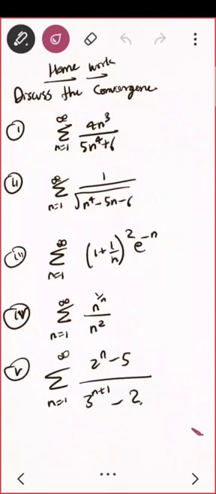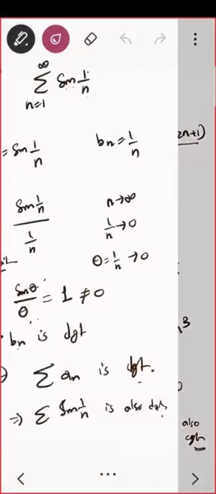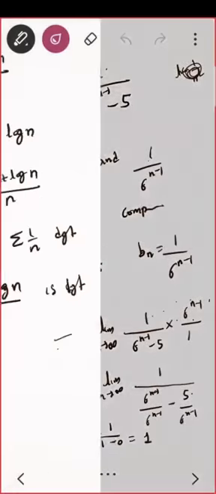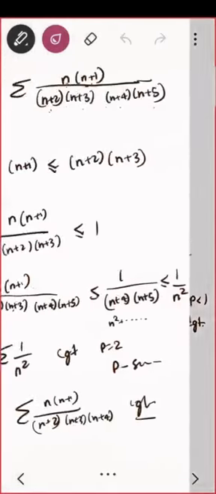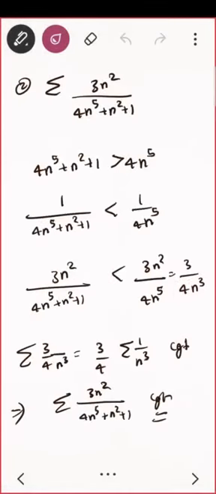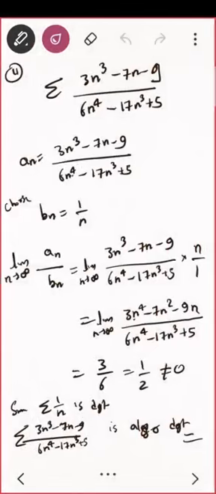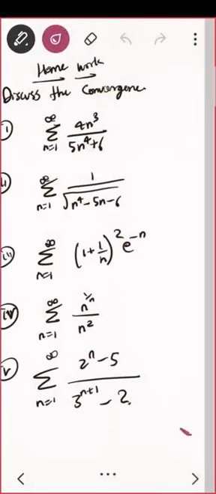In the last class we discussed the comparison test and the limit comparison test. Now there are some more tests which may be helpful to prove the convergence of a series without knowing which limit it converges to. We don't care; we will just say whether it is convergent or not. The two most famous tests, the first is the ratio test.